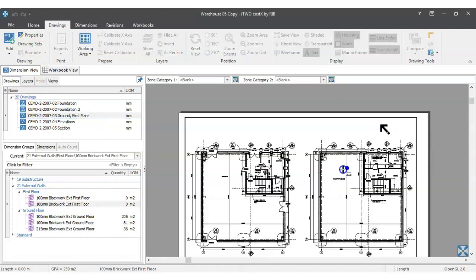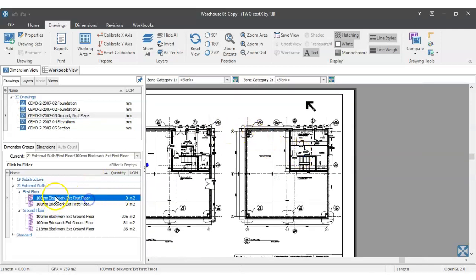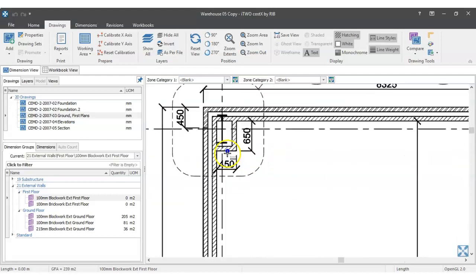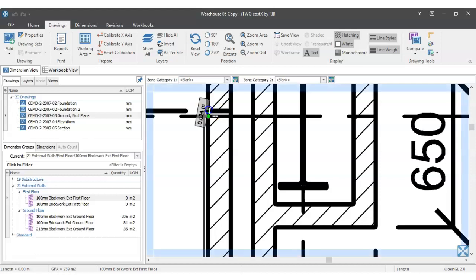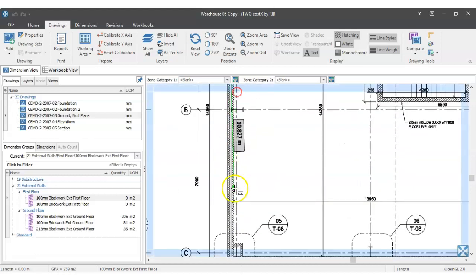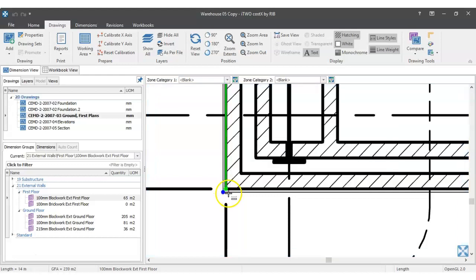So back to ground floor, first floor plans. Make sure you're in the right plan. Don't measure it from the foundations. Drawing, starting with the block work. This should be fairly straightforward. This time I might keep it the same. Outside wall, that was brick there, so I'm keeping it to block. Then go on the inside